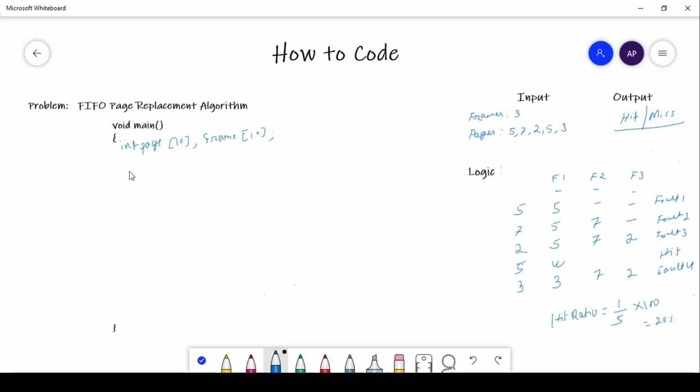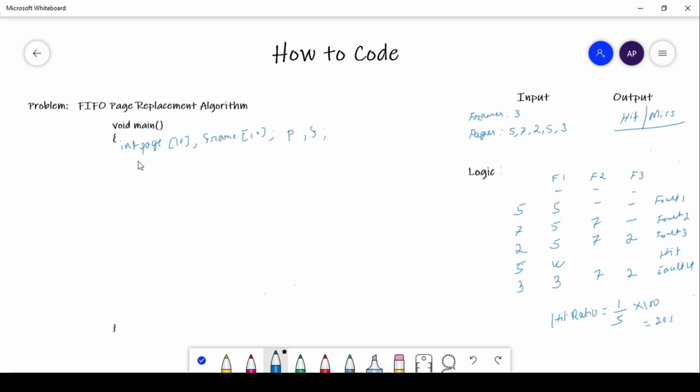Now if you want to take user input, just use scanf for the number of frames and for pages also. Say P is the number of pages the user wants to insert, and for frames it is F. Okay, got it. So using scanf we can take these values, fine.